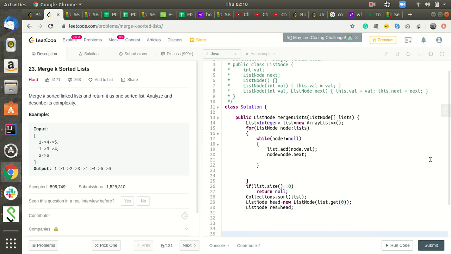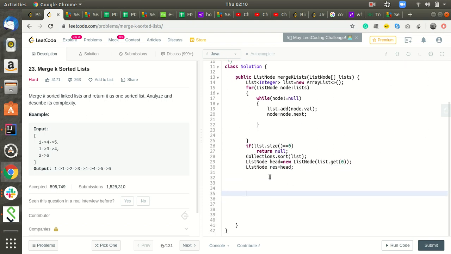So again I will use another for loop to create a linked list. Now int i equal to 1, since the 0th element we created initially, i less than list dot size and i plus plus.